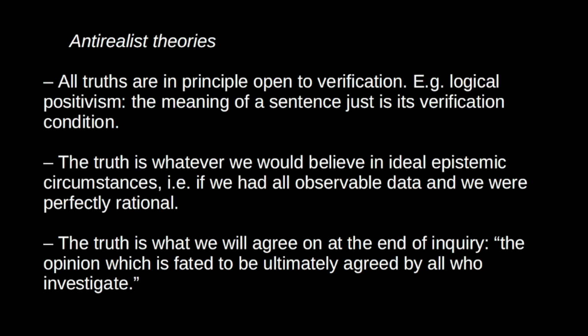The anti-realist is going to try to draw a stronger link between the truth and our means of justification. So here are some options. There are many anti-realist theories, so this isn't exhaustive, this is just some examples. So we might say that any truth is, in principle, open to verification. Truth does not outstrip our means of verification. This kind of view was popular among the logical positivists. According to the positivists, the meaning of a sentence is given by its verification condition, where the verification condition is basically the set of observations that would confirm or disconfirm the sentence.